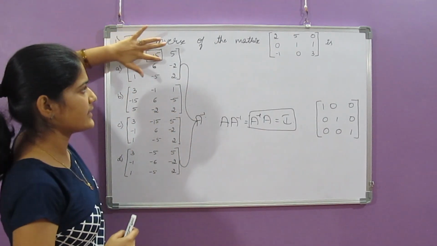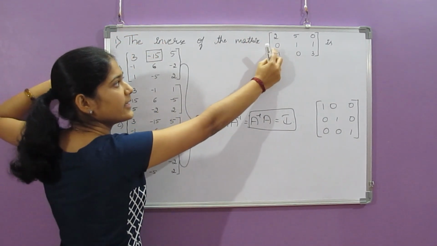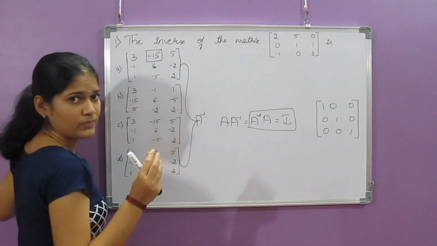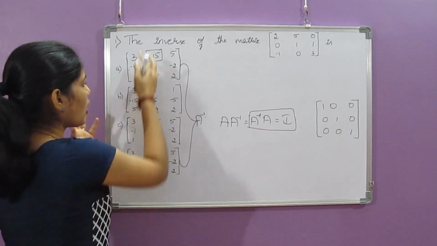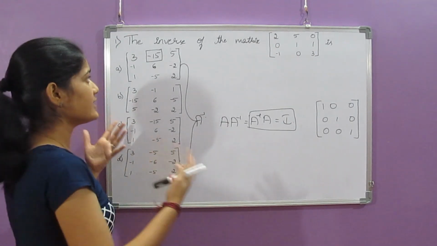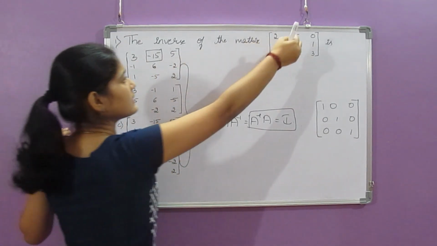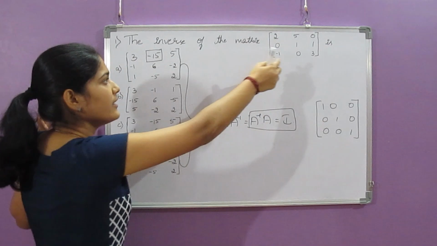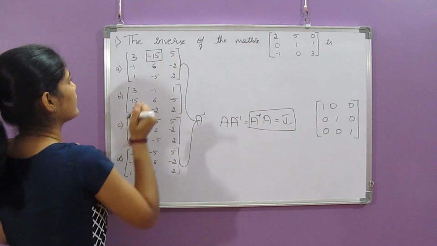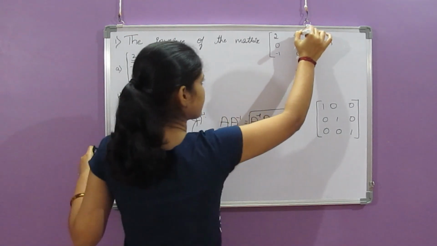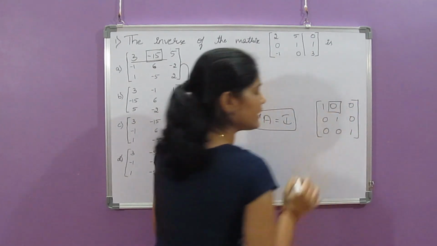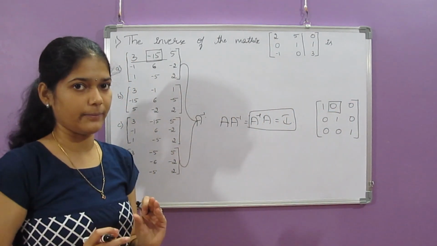If we multiply this row with the first column, then here we have 0. That means this position entry will multiply with 0. Then it will be of no use because all these entries will get multiplied with 0. Then we will get 0. Instead of that, if we multiply this row with the second column, then we can get the specific answer. And also we know that when we multiply the first row with the second column, we will get this position entry. That means we have to get 0 there.